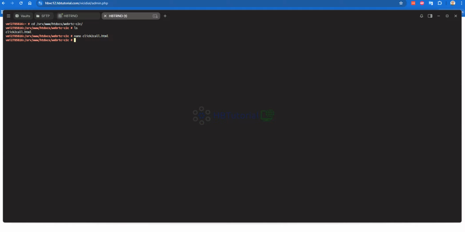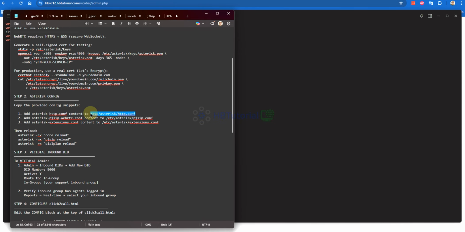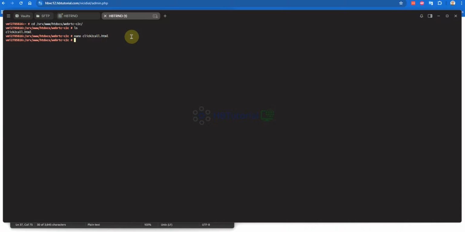So after that, you need to configure HTTP. This one is the WebRTC that we've been using already on PJSIP connection because we are using PJSIP. Okay. And then the extension.com. Okay, so we have added that.